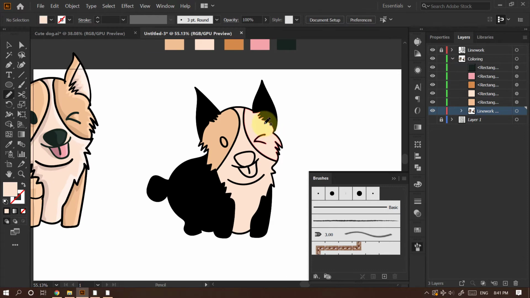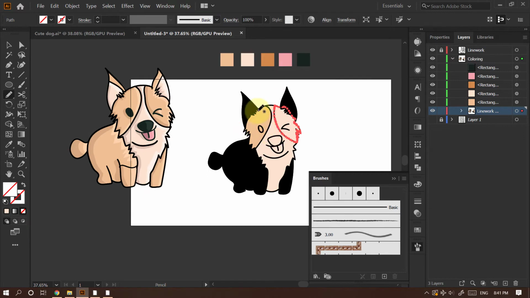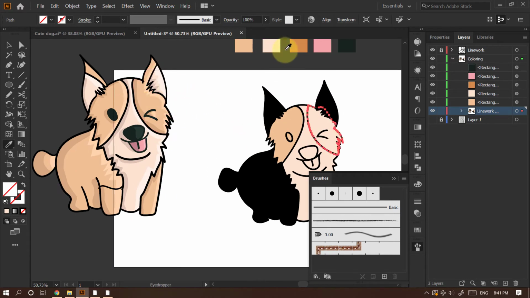So I will use the pencil tool here. With the help of the keyboard shortcut N, I quickly jump to the pencil tool. And now I can paint in this color.